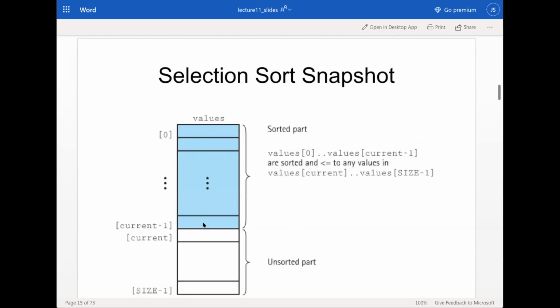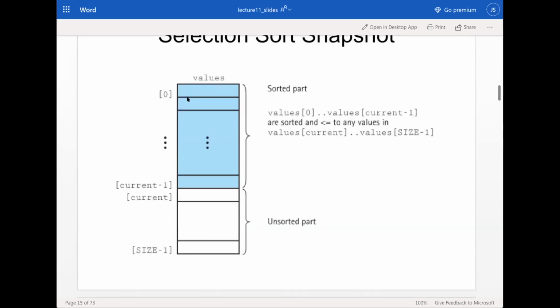You have a sorted part and an unsorted part. The current basically keeps track of these things from 0 indexing to size minus 1, but the actual comparison from the outer loop is actually size minus